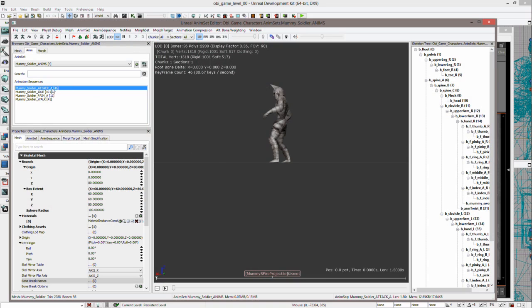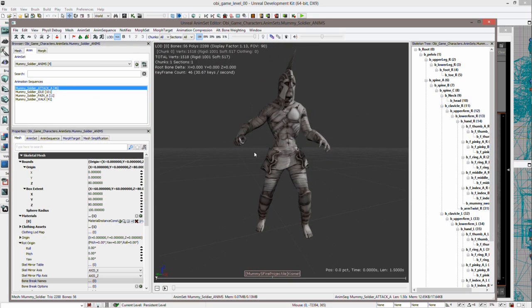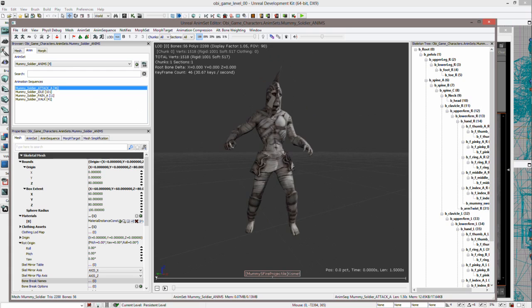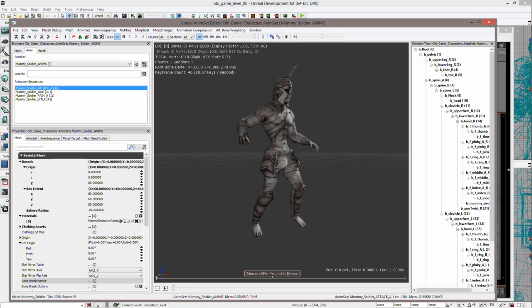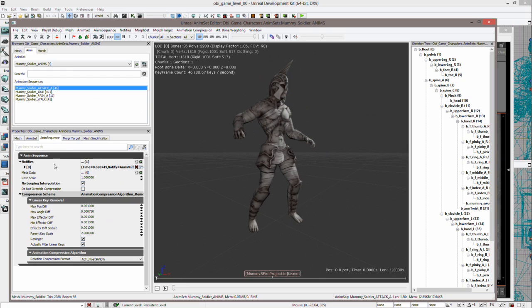Okay, so on the attack animation, to be able to read the attack in and do some effects and stuff, or the actual attack on the player, I use a Kismet notify, and